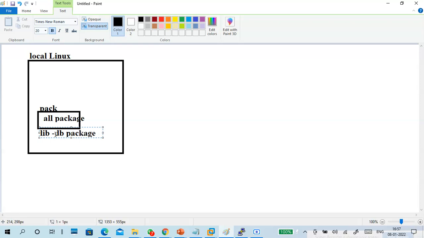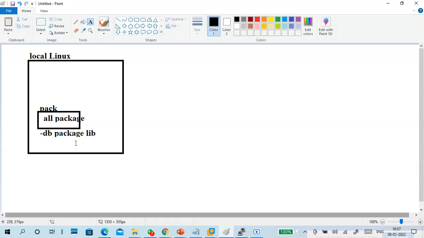Exactly, say package library. We'll create a database. Database means it's simply a package library. This is quite easy. Here, by running some command, I create a database. Database means which packages are available and where they are located. Understand, library means which packages are there, what packages are available, and where they are located. Okay, it is located here only.